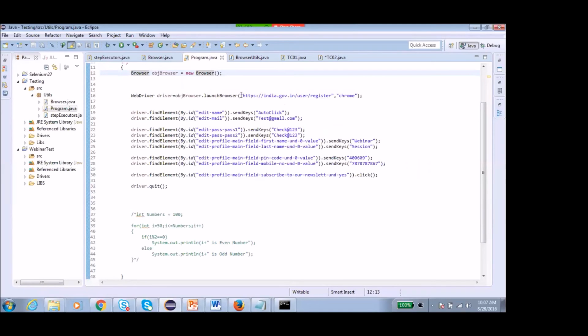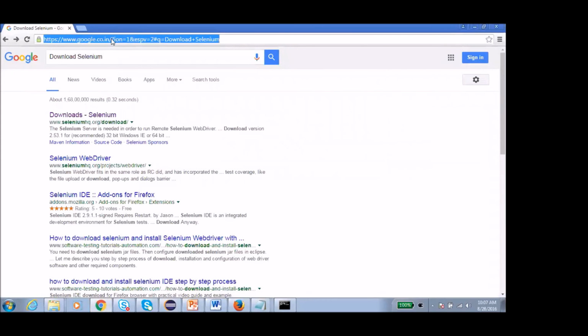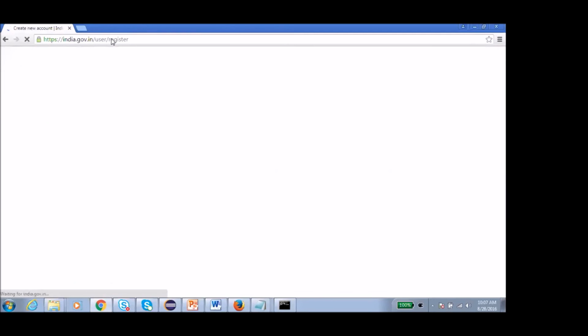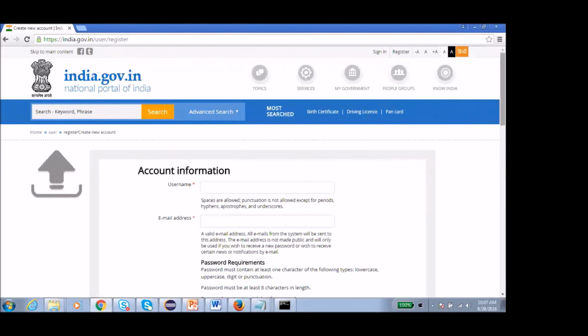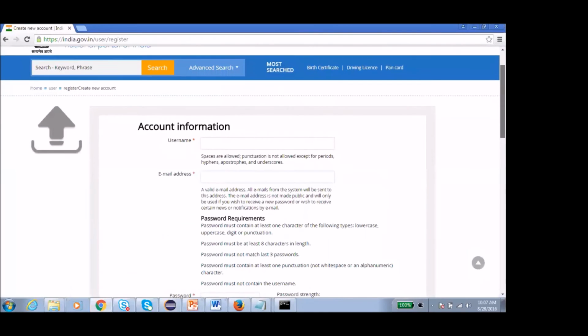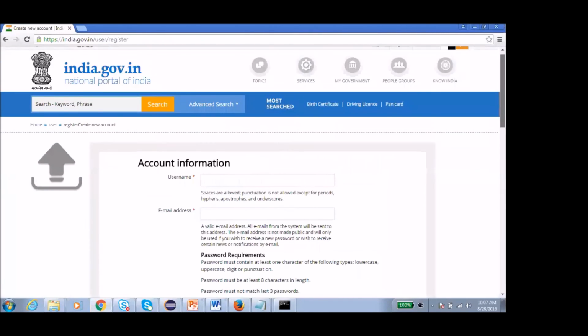Basically, what is our test case over here? I'll go through the test case, the test steps we have got from our test management tool, which we want to automate. Suppose this is the URL which we have to launch in any of the browsers.